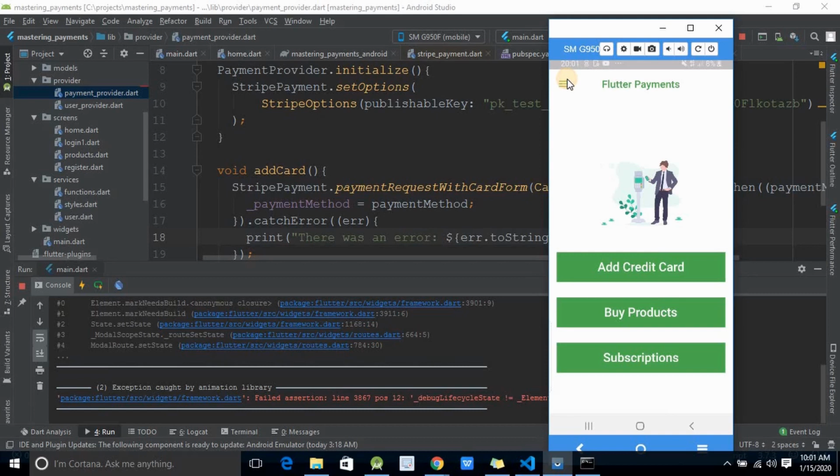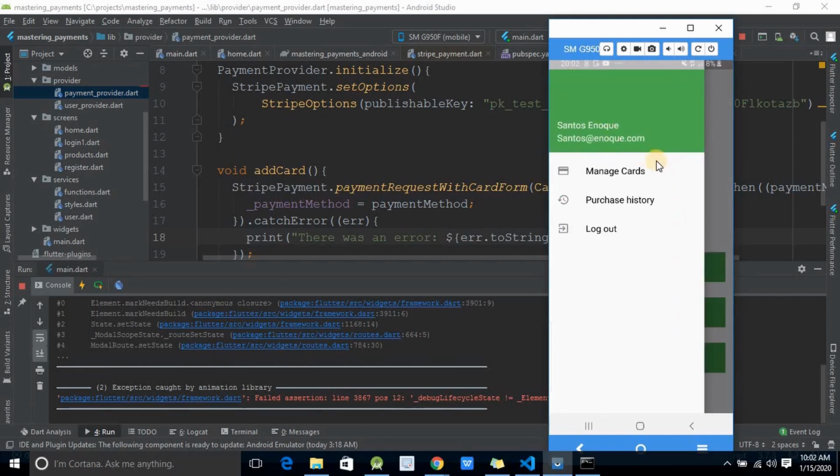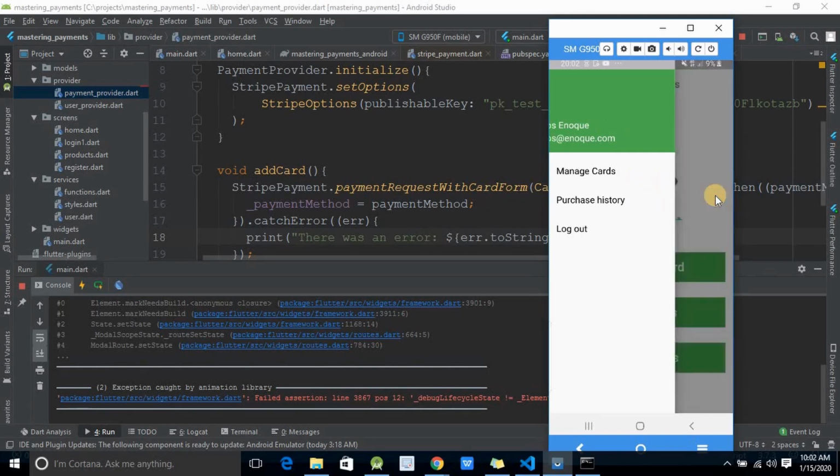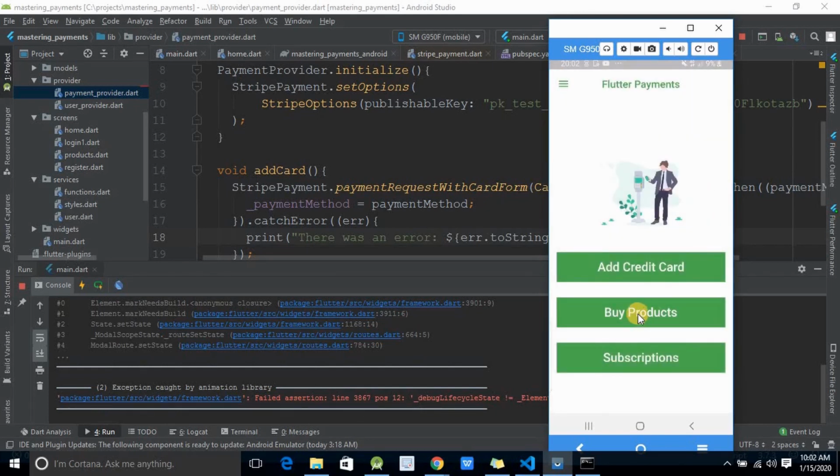And have a look at this. Here we have manage card and purchase history, and then log out. That's exactly what I'm trying to get into here. Show you guys how a user can manage his cards, how you can have the purchase history, all of that inside of your app, and having that data connected to Stripe and then to Firebase. But obviously we are not going to do all of this in this particular video, because the video would be like 7 hours long. But for now, what you can do is come here, click on buy products,